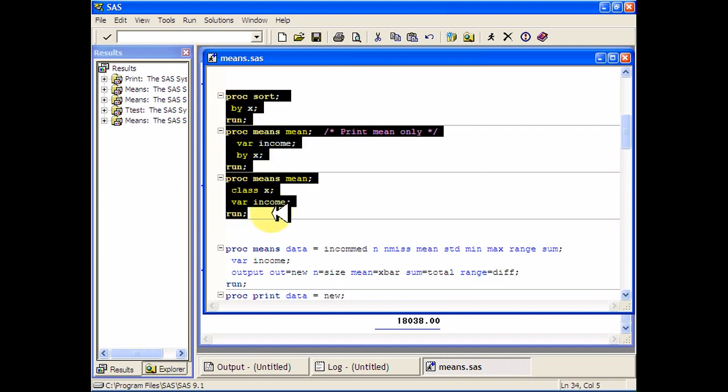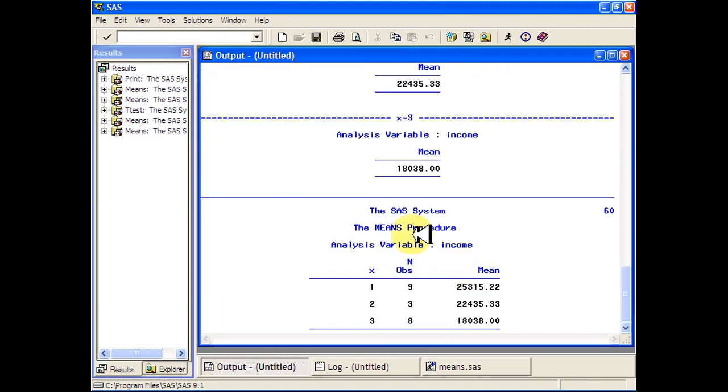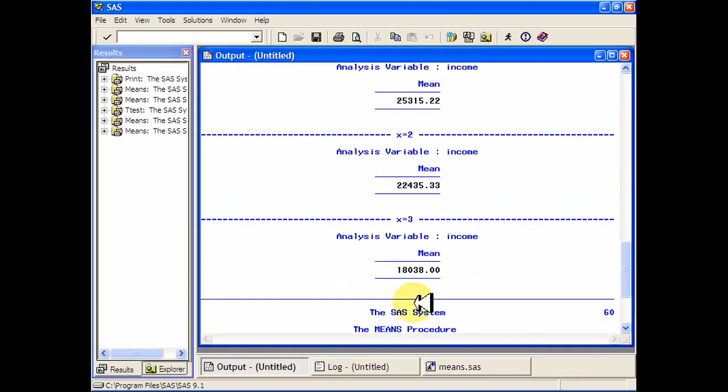So let me show you this class statement. It's just a little bit classier, I think. It puts everything, instead of being on 3 separate pages,